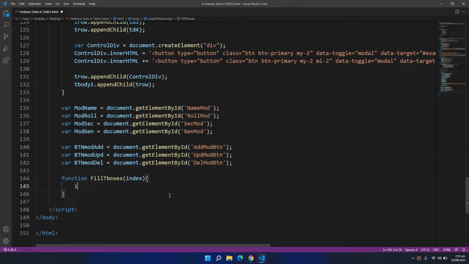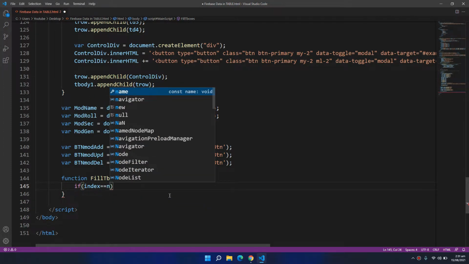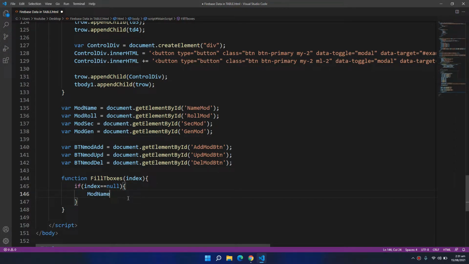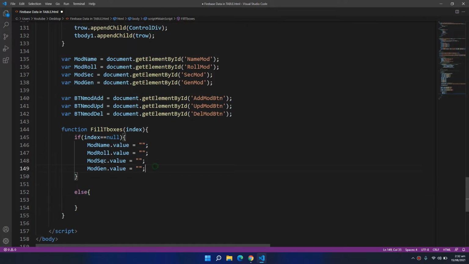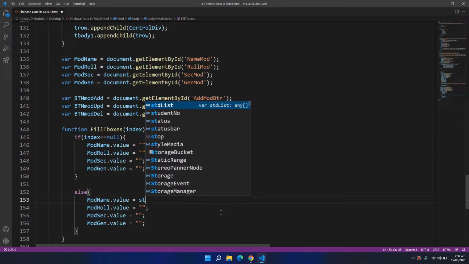Inside the fill text boxes, I'm gonna use if index is equal to null, make this input empty. I am gonna explain this once it's finished. So make all the fields empty. Otherwise, fill all the fields with the appropriate information.